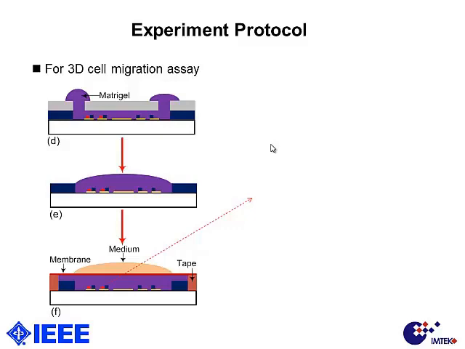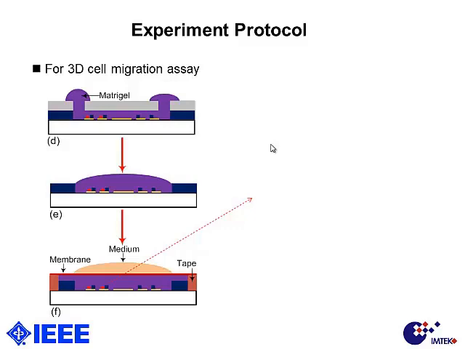After that, the PDMS will be lifted and taken out. And a porous membrane here will be placed on the tape to produce a defined 100 micron thickness of matrix gel here. And after that, we will put a drop of medium with